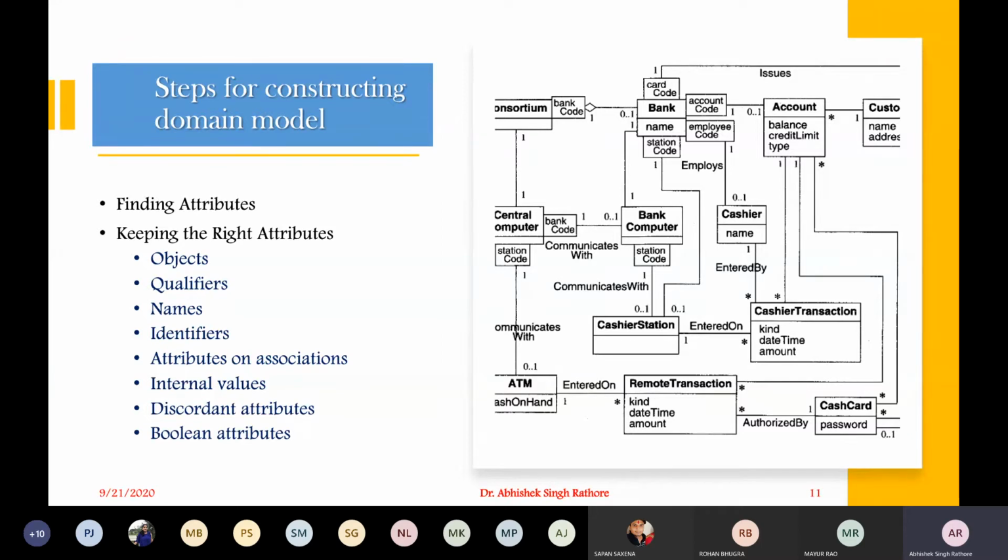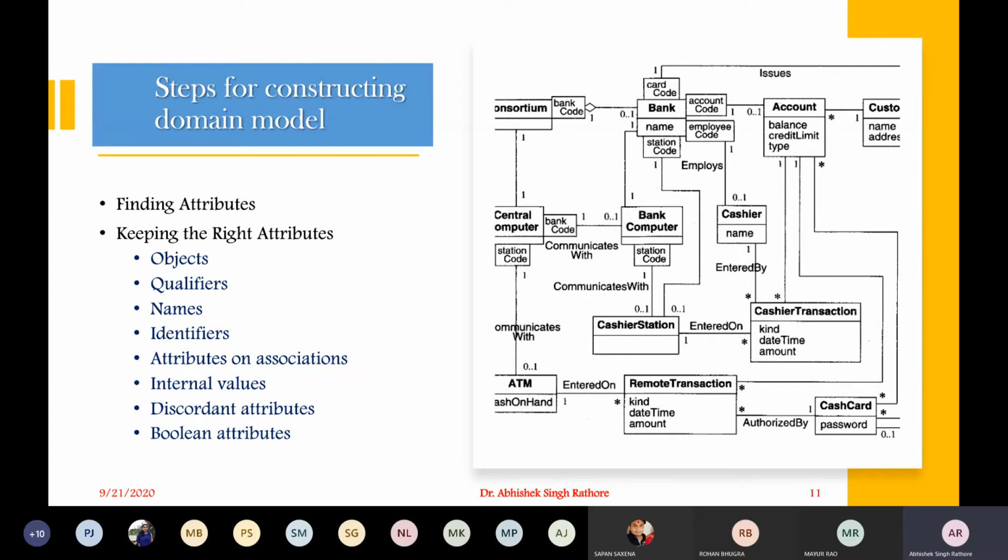Again, we have some attributes. So what are these attributes? When we have a ternary relationship and we would like to convert it into a binary relationship, we have some attributes. We rephrase our ternary relationship, or a higher order relationship, into a binary relationship. So what we can do is identify these classes as an attribute. This is how we can gain some right attributes from your association.